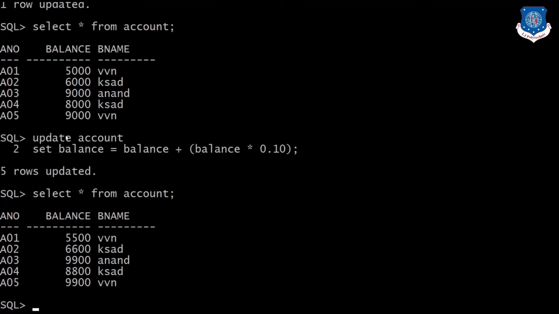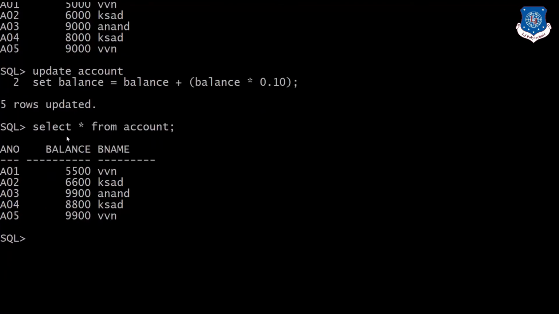Here you need to pass a unique reference. Why are we specifying a unique reference? Because if you pass a duplicate reference over here, then the rows which match the criteria mentioned by you will also be updated. For example, you want to update the balance of account A01 from 5,500 to 7,500. Now, if you pass the reference of VBN branch instead of account A01, what happens?